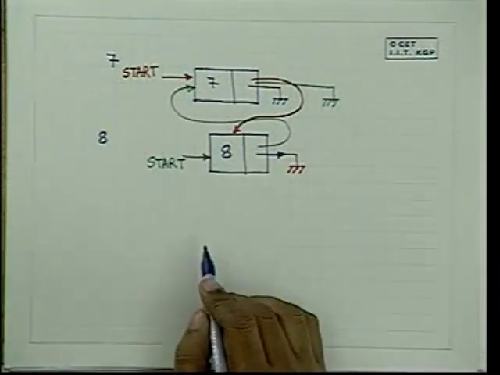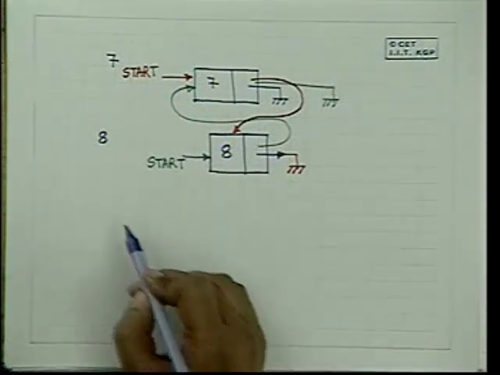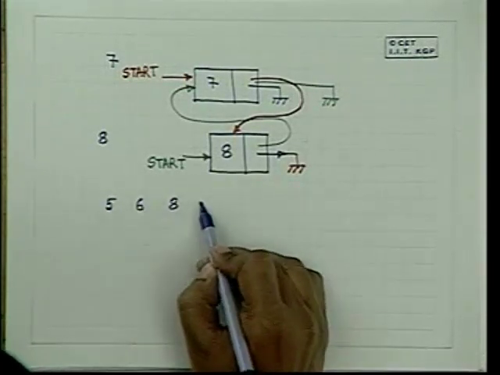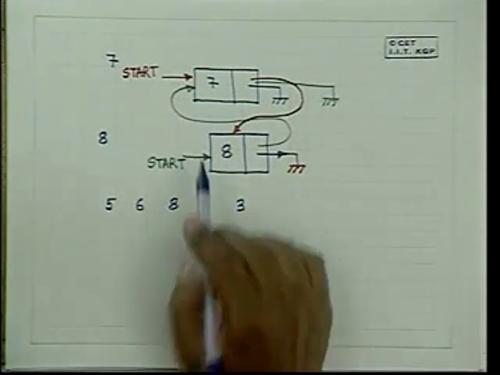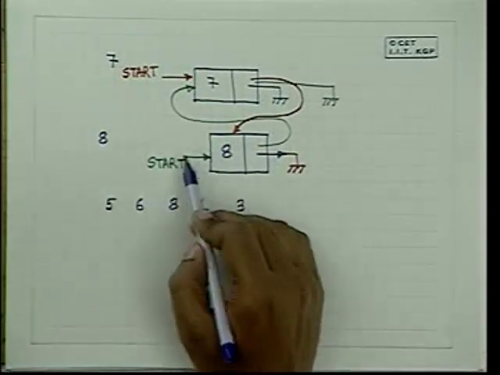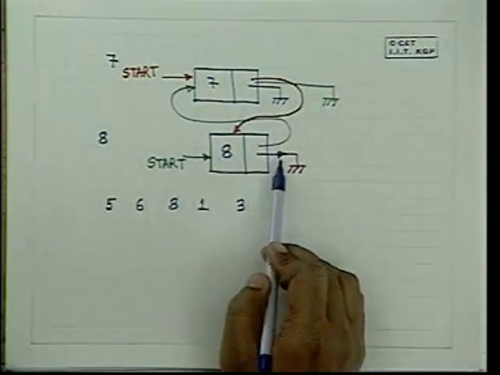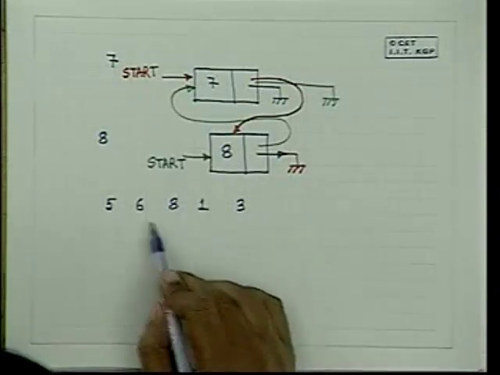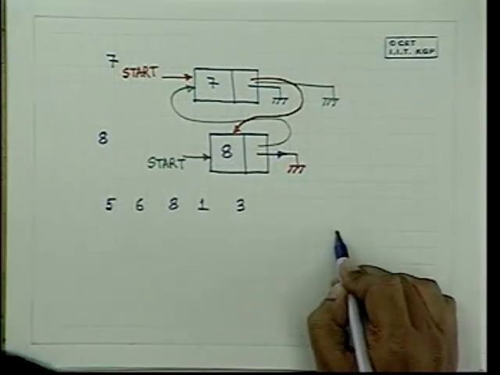after having read in, suppose you read in a set of 10 elements and then you don't want to read anymore, and suppose you have read in the elements 5, 6, 8, 1, 3, and then the user says I want to enter no more data, then this linked structure in the green format, where the new element is put in the front, and in the red structure the new element is put at the end. So if we put it in the front, then this comes first, this comes second, then after the whole linking is done,